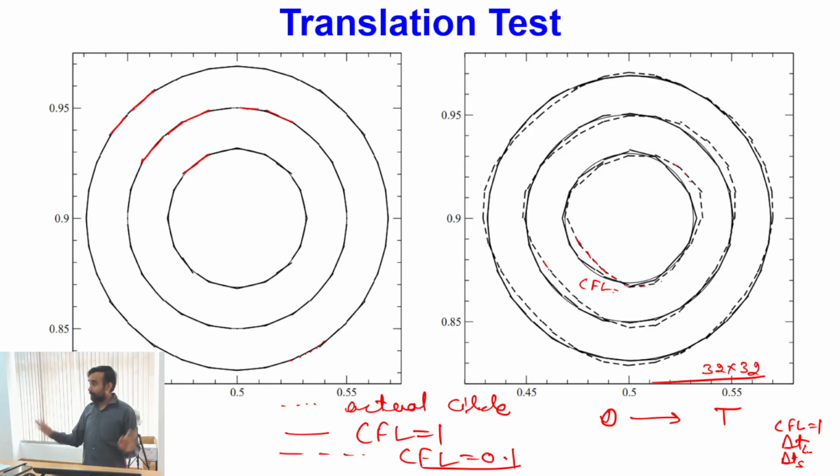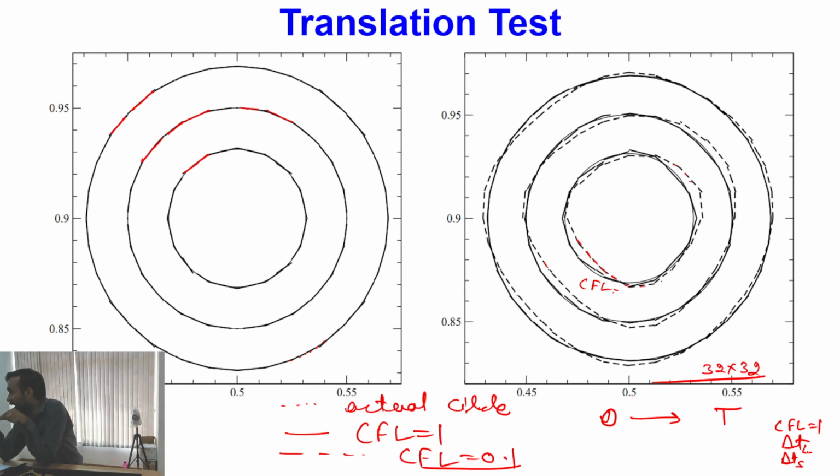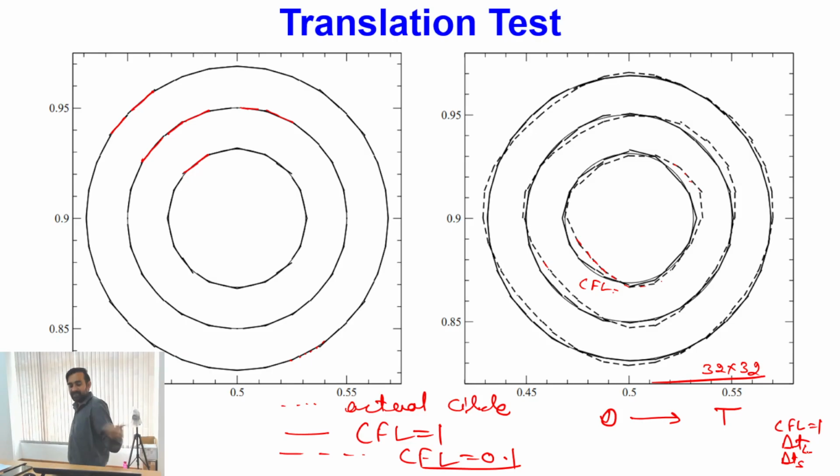So that's why you have to keep this point in mind. Whenever we go with the interface advection, then sometimes maintaining CFL equal to 1 gives you proper interface reconstruction, whereas for the same final output, if you use the lesser time step, that may give you more amount of error. Okay. And one important point you need to keep in mind, when this solution is calculated, Elvira method is used